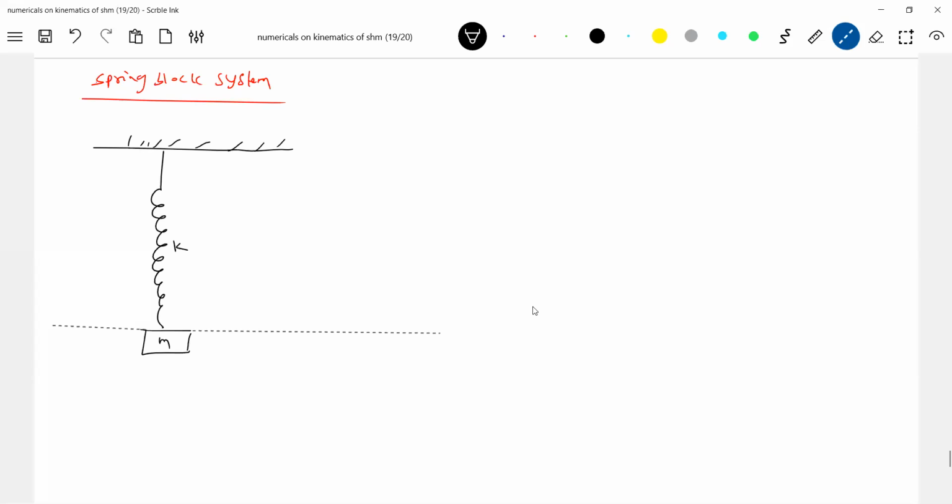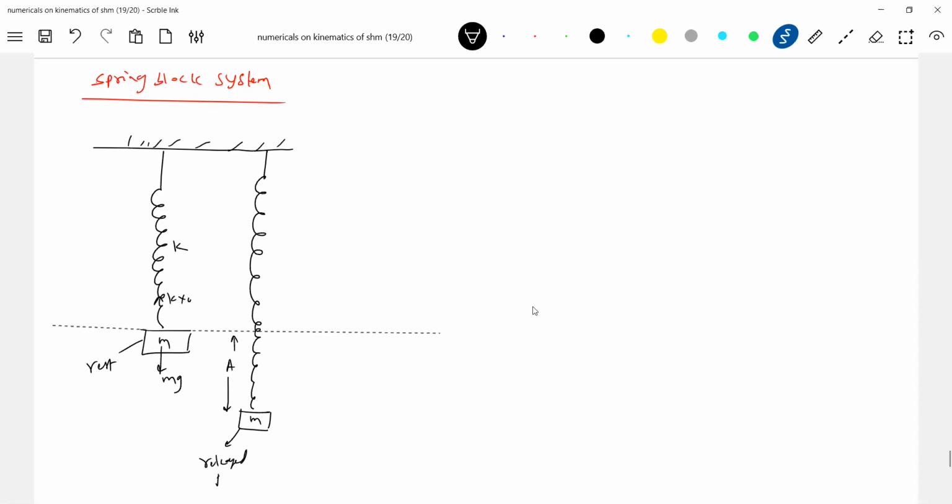You have to recollect ideas of the vertical spring block system. So this will be the spring. I'll pull the block by a certain distance, say an amplitude, I'll give A. Release from rest. So this is at equilibrium. So initially how much? Kx naught, this is mg, this is at rest, no? Release from rest. And by the time it comes here, it will be having certain velocity v. Let it be elongation x.